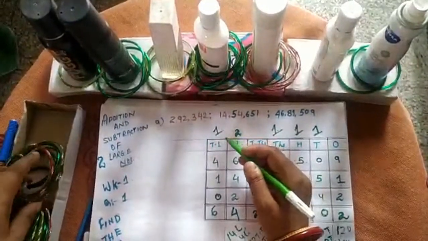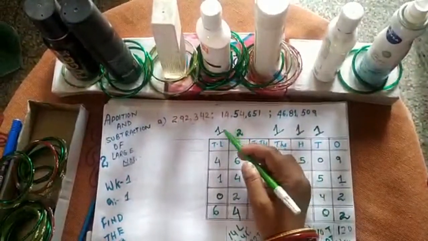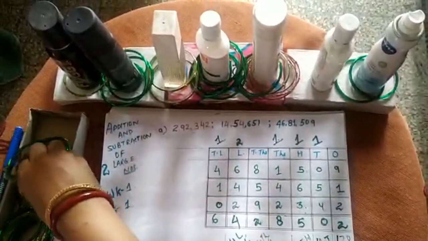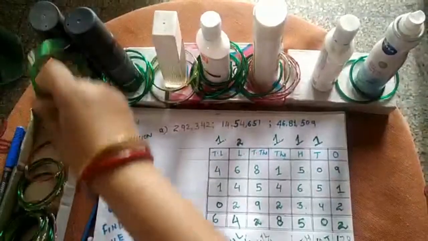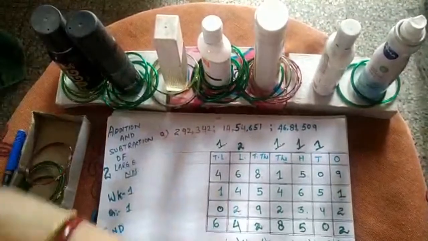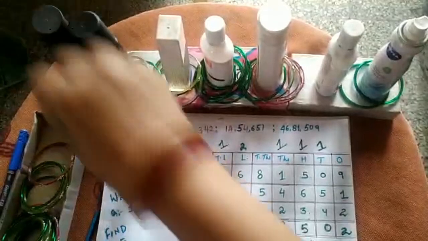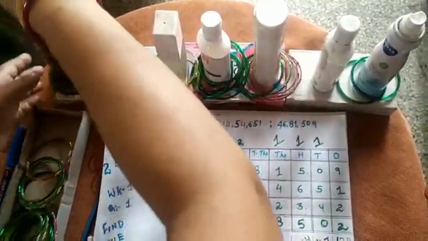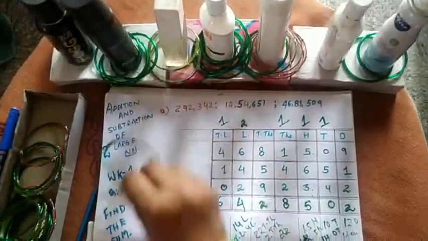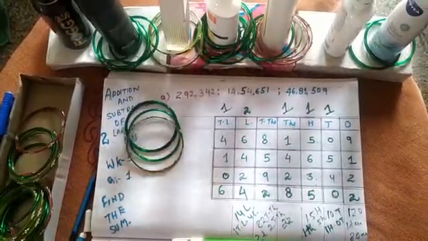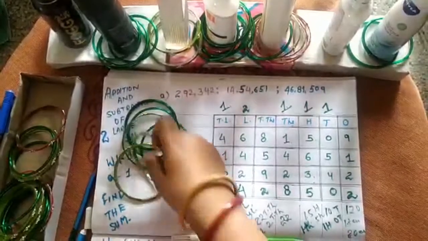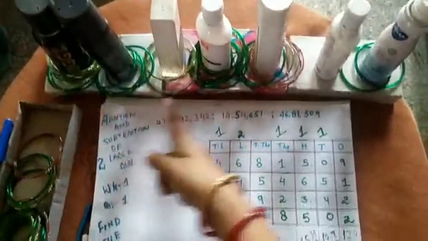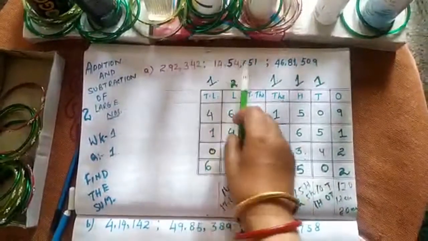Now adding this 10 lakh column, 1 10 lakh plus 4 10 lakh plus 1 10 lakh. 1 10 lakh is already there. Now add 4 10 lakhs: 1 10 lakh, 2 10 lakh, 3 10 lakhs, 4 10 lakhs, and then 1 10 lakh. Then 0 10 lakhs. It means total is equal to 1, 2, 3, 4, 5, 6. Total is 6 10 lakh. So this is the sum of the addition of these three addends.